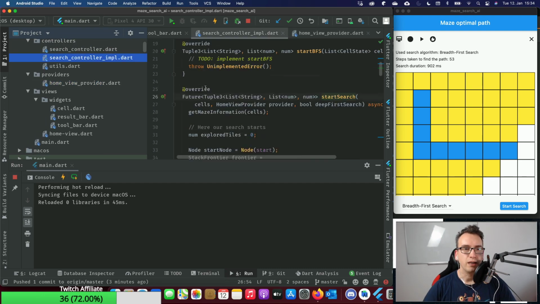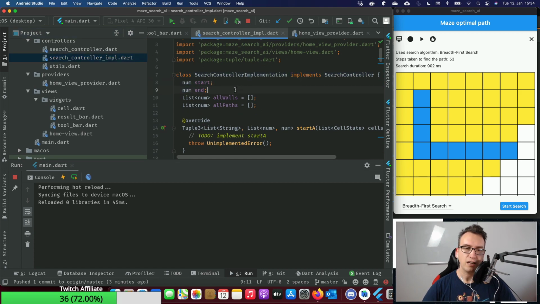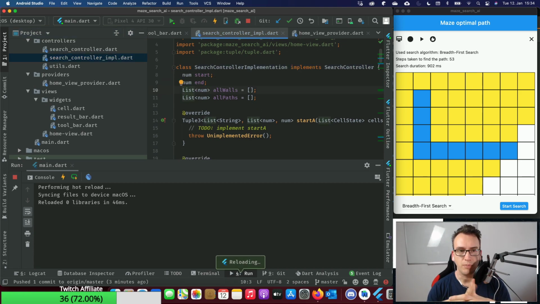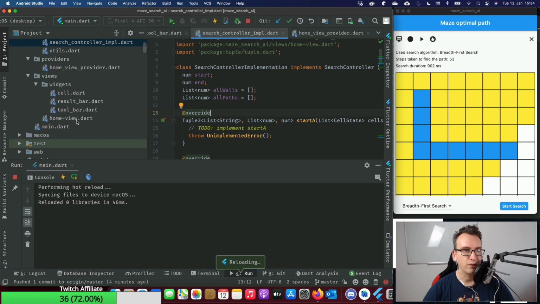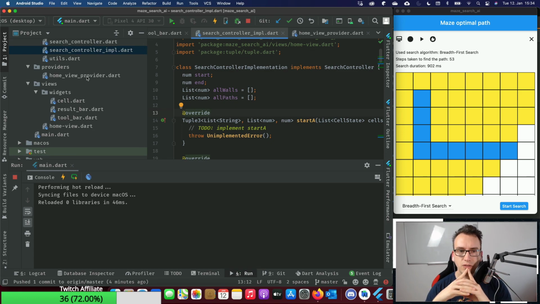No, in the search controller impl, we have control of that. So we actually still know where the walls have been, where the paths have been, where the start and end date has been. So maybe the idea is, if I click here on start search, we get the possibility to make a reset button down here. Then this is swapping between the two. And if I click on this reset button, we get back our information where we have start and end. While this reset up here is like a clear all, completely clear of everything. And then I think we don't even need to change the behavior like it is at the moment. Well, let's see.